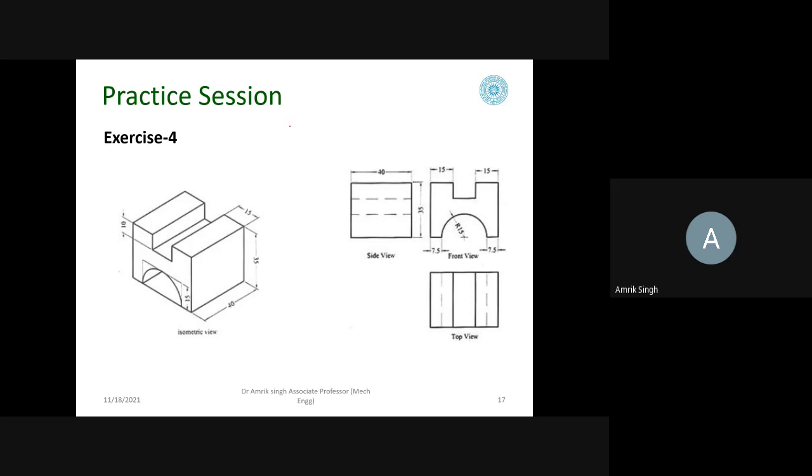Now again, this is the fourth problem. So again, it is in the first angle projection.